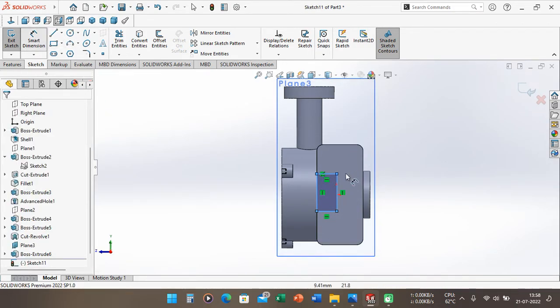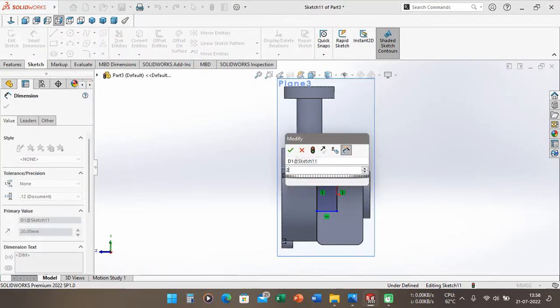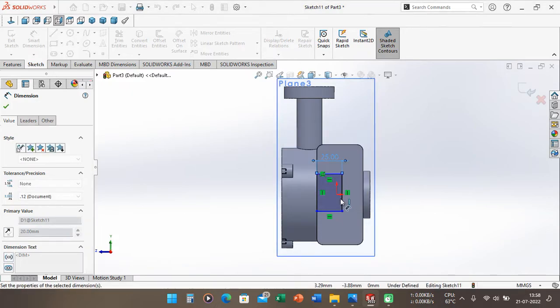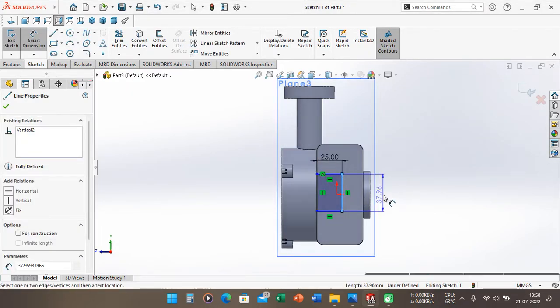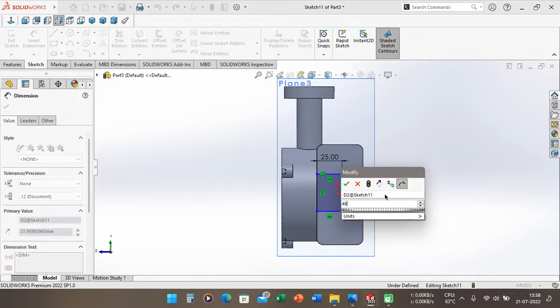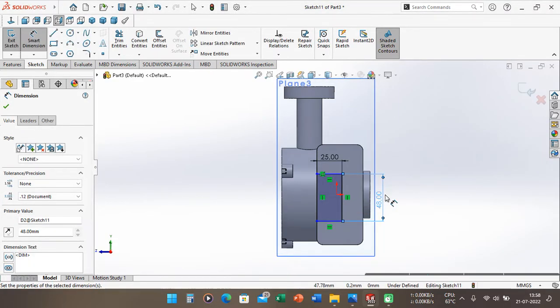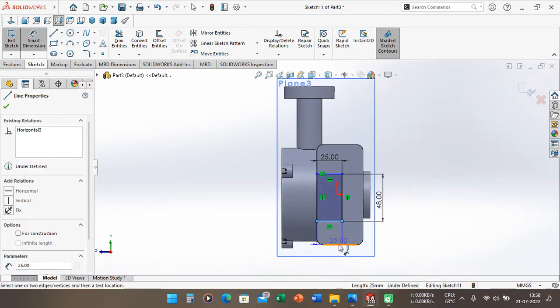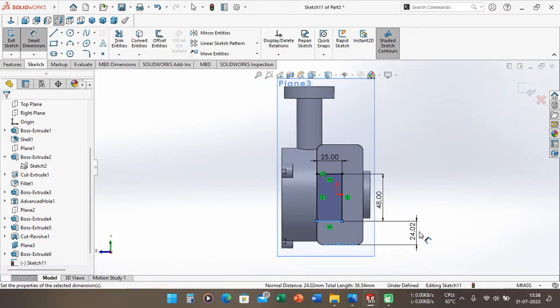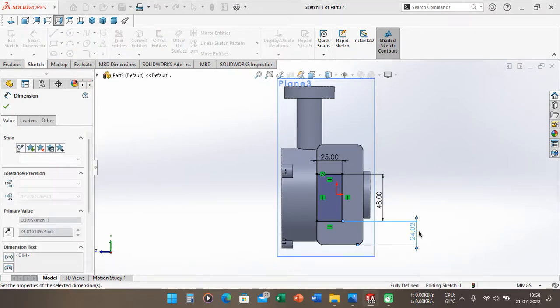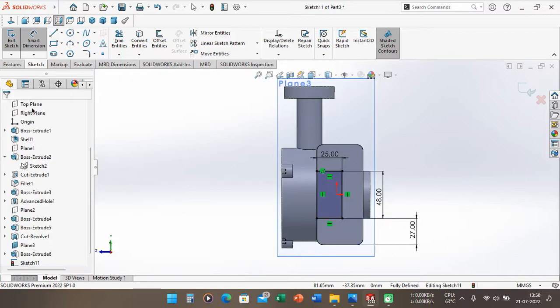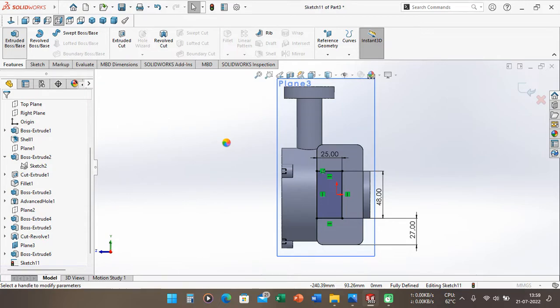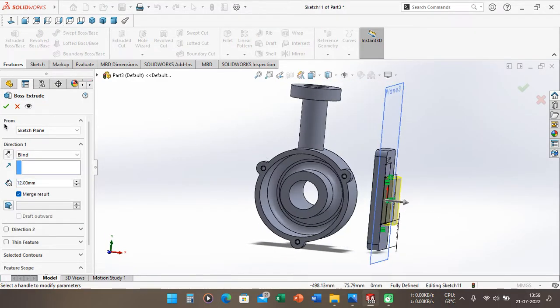We can define this is 25 millimeter, and the other side is 48 millimeter, and the distance from here until here is 27 millimeter. Choose OK. After that, we can go to features, extrude boss again, and then we can reverse here